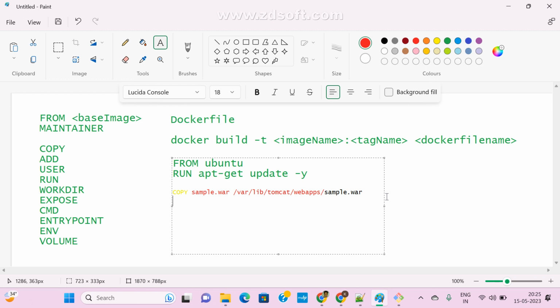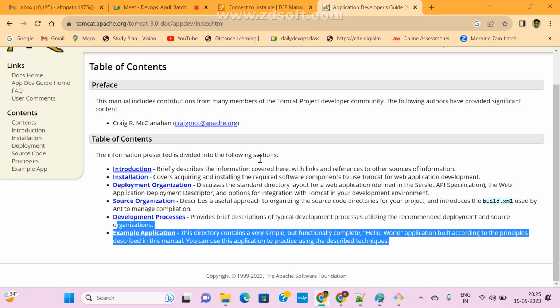If you want to copy files from your host machine to a container, what is the command? COPY space source, sample.war file, and I want to copy it to this destination path, the container path: /var/lib/tomcat/webapps. This is the default path, guys. Clear, guys? Any doubts here?